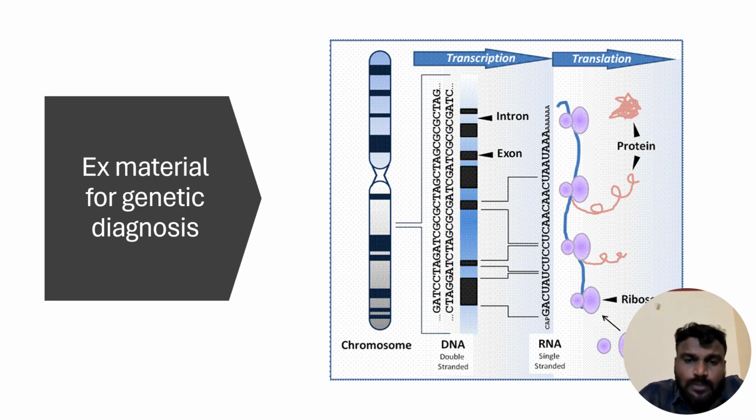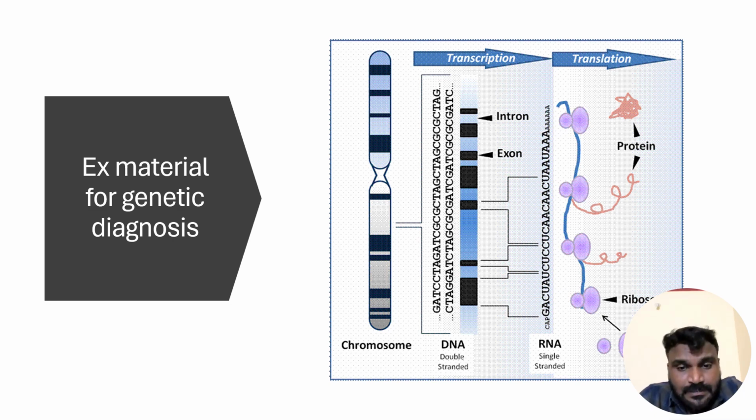For those who don't know the central dogma, basically any information or any phenotype is passed in the same order that is shown in this slide. We have a chromosome, and the chromosomes have DNA, and this DNA will be transcribed to mRNA, and this mRNA will be translated to protein. If anything goes wrong in this process or in the information, then it leads to